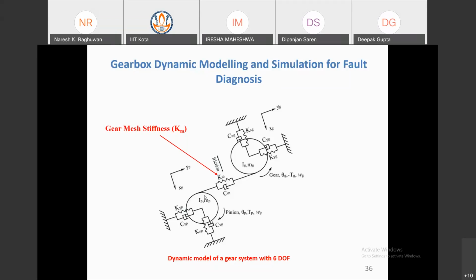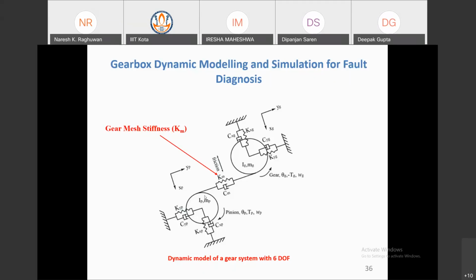The very interesting point is that these two gears are meshing at the teeth. So the mesh stiffness is the combined tooth stiffness. In machine design, if a single tooth is considered, you will see the gear tooth can be considered as a cantilever beam with some load applied. So that's the case.